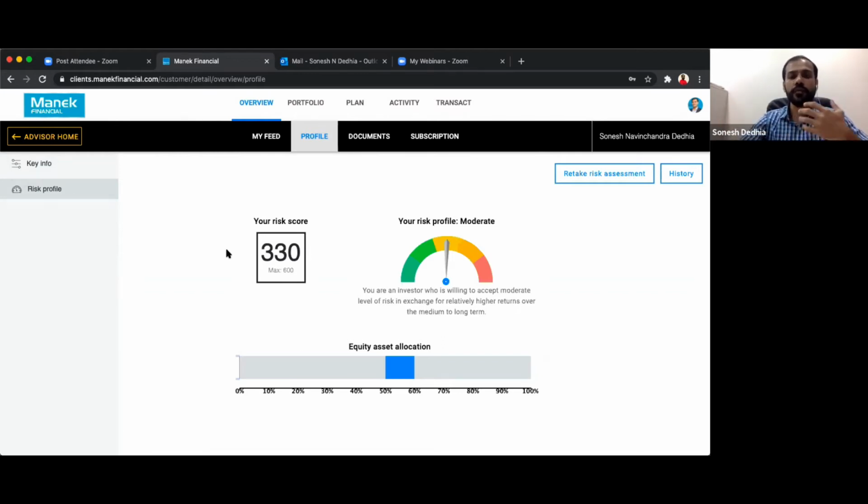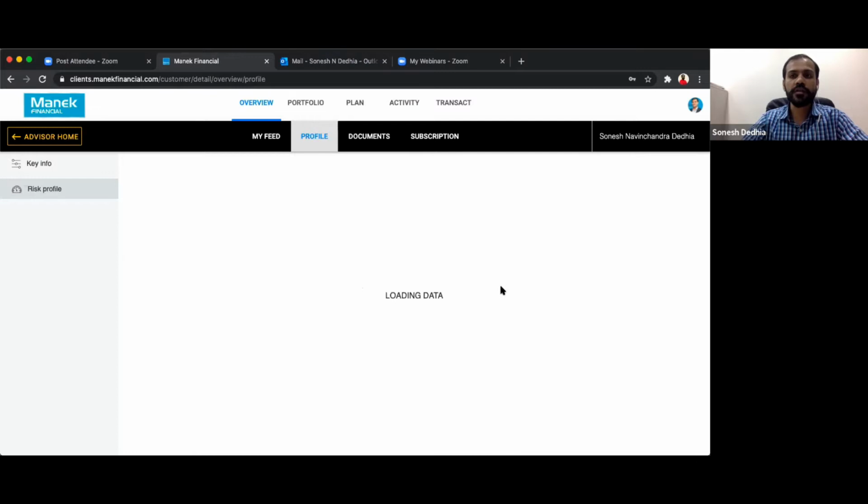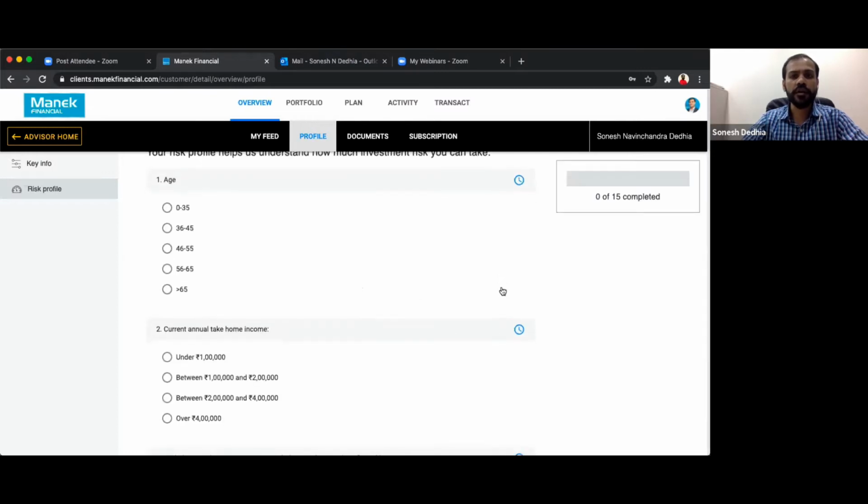That's the whole idea. Risk profiling is a very important questionnaire which a customer fills, and as he goes through these questions, it is information you are providing him, or warning him, that whatever investments we plan are going to have some risk, some high risk or some low risk. We have designed a thoughtfully crafted questionnaire of 15 questions.